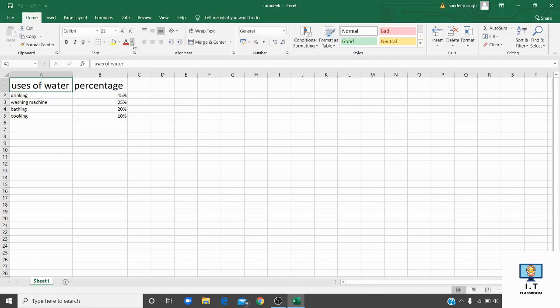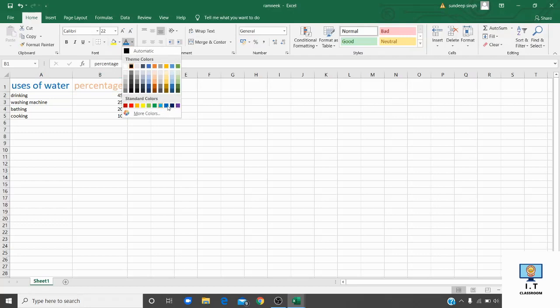It is to be changed from the font group. Under the Home tab, the font group is there. Select the font color from here. In this way you can change the font color. In the same way, here also we will change the font color.